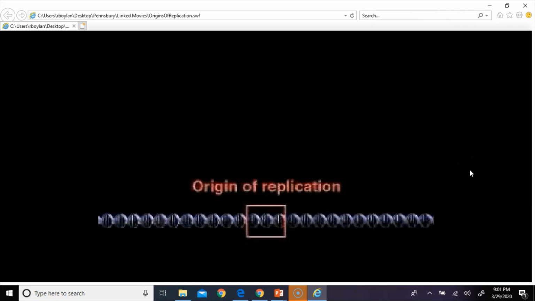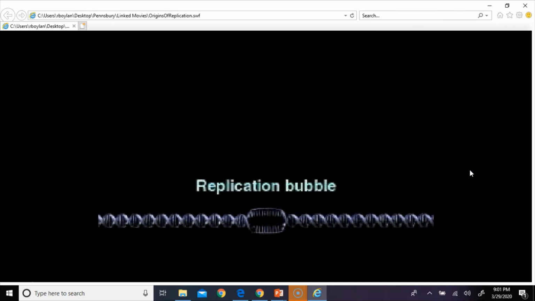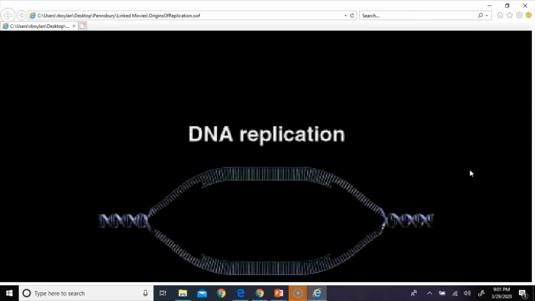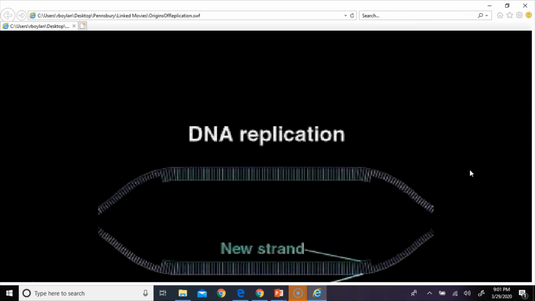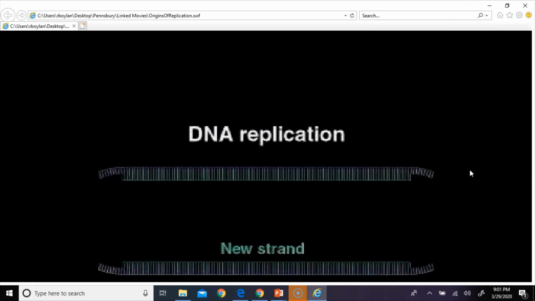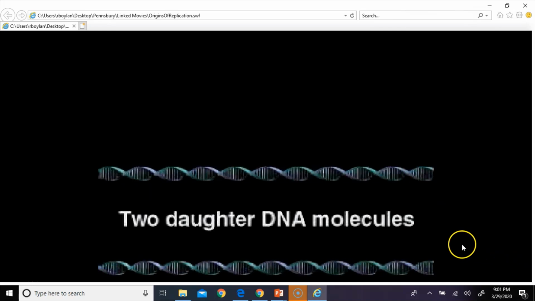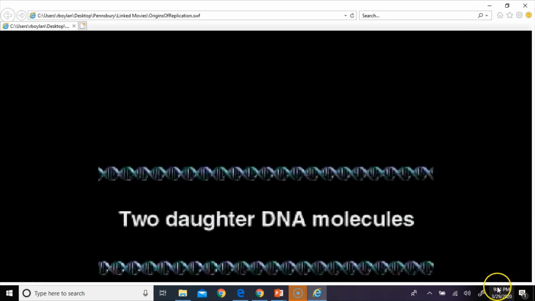Replication of a DNA molecule begins at a specific sequence called an origin of replication. The two strands separate, forming a small replication bubble. DNA replication starts and then proceeds in both directions until the original DNA molecule is completely replicated. Each of the two daughter molecules consists of one old strand, shown in purple, and one new strand, shown in